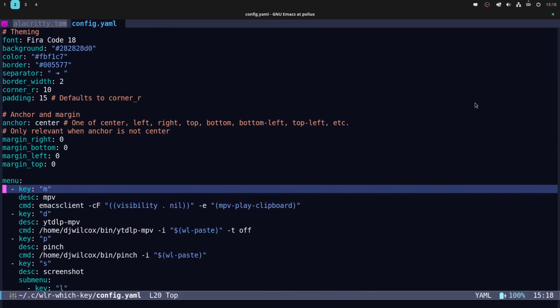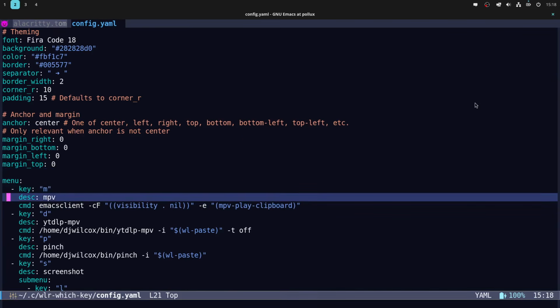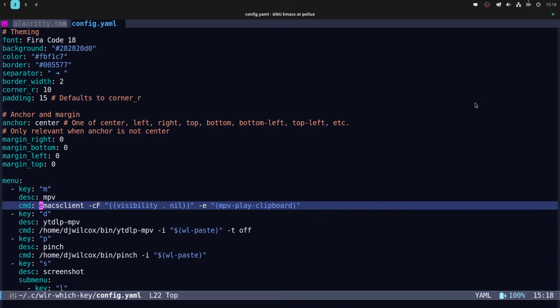So you can see here, M. So we've got M, and then we've got the description, which is MPV. The command, which in my case is actually running Emacs client and a function I created called mpv-play-clipboard, and basically what that allows me to do is come into